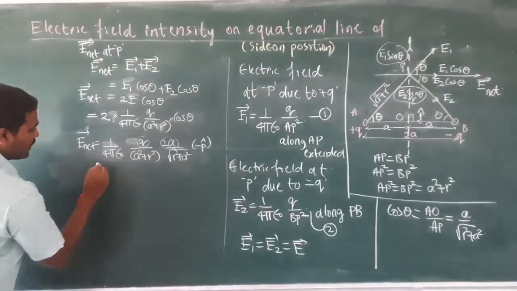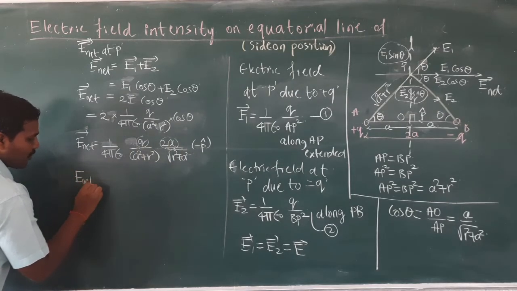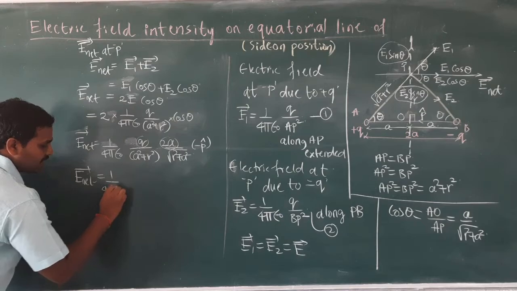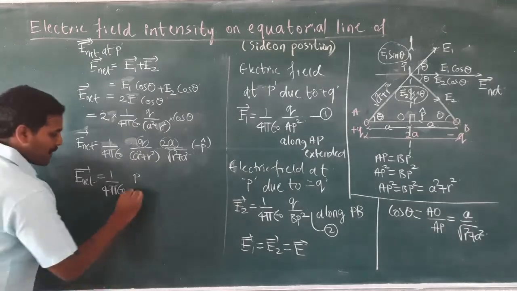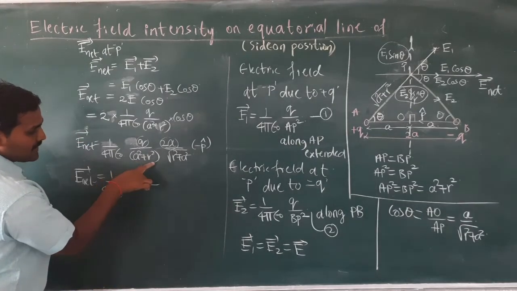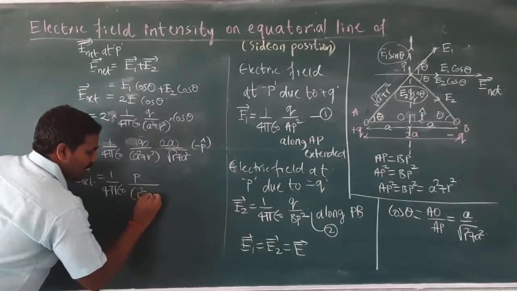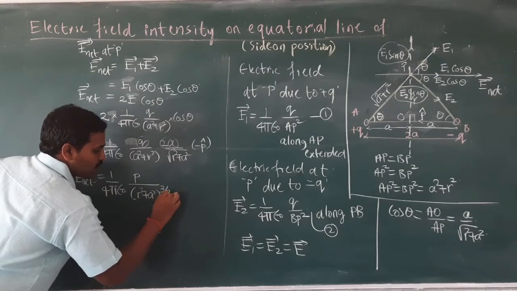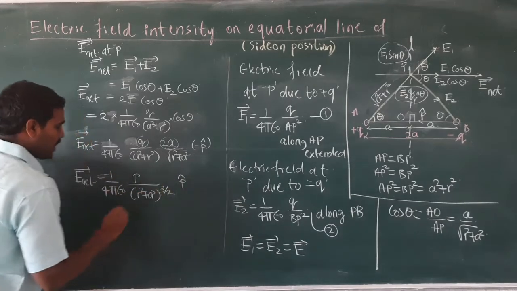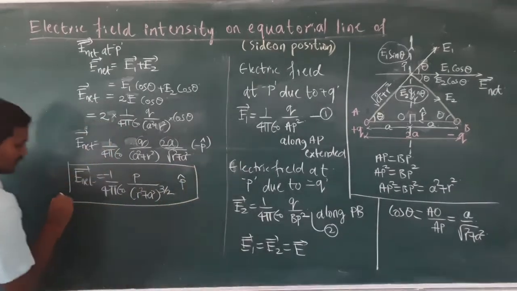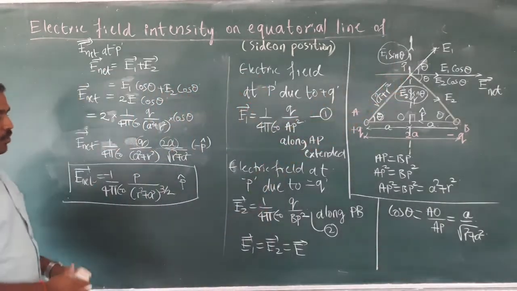Okay. So here, consider this q into 2a. This I can write as P, which is the electric dipole moment. That I substitute here. It is equal to 1 by 4 pi epsilon naught, q into 2a, which is nothing but the magnitude of electric dipole moment, divided by r square plus a square, this is root of r square plus a square. I can combine these two and write it as r square plus a square whole raised to 3 by 2. This minus I write here, minus into P cap. So this gives the resultant electric field intensity at P because of the electric dipole.